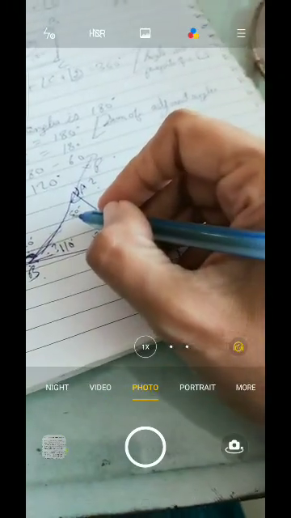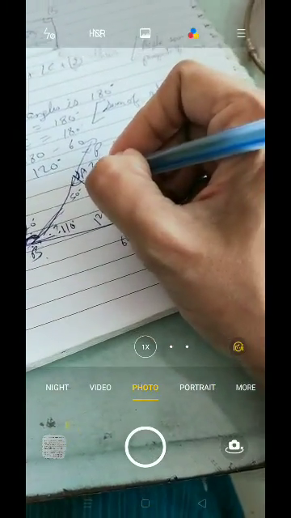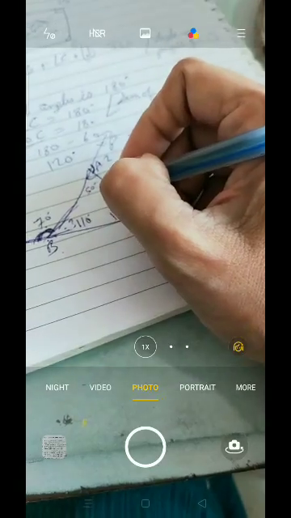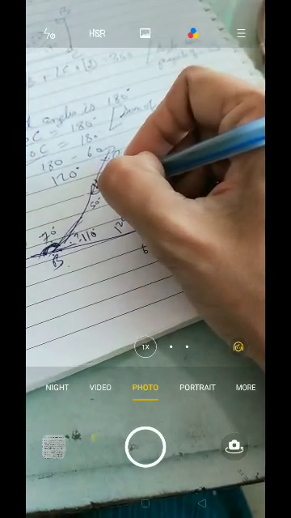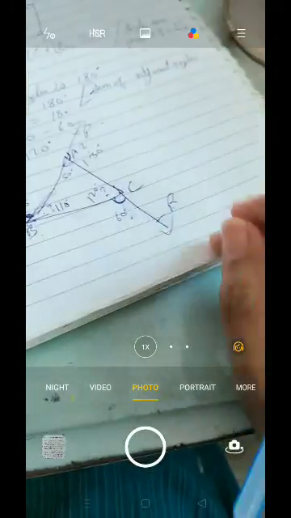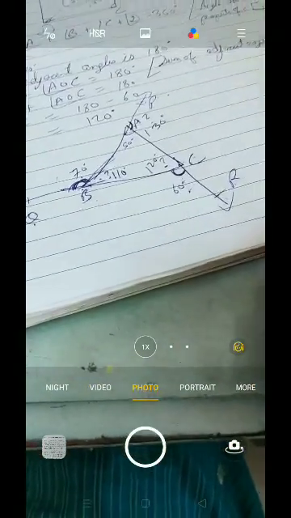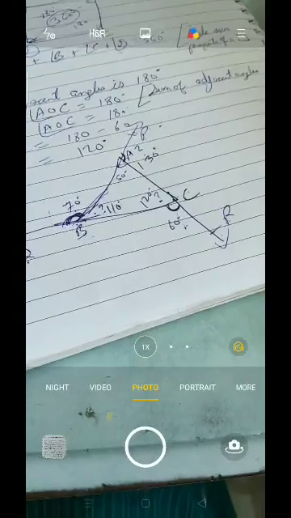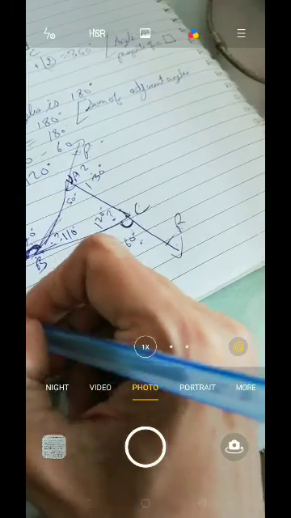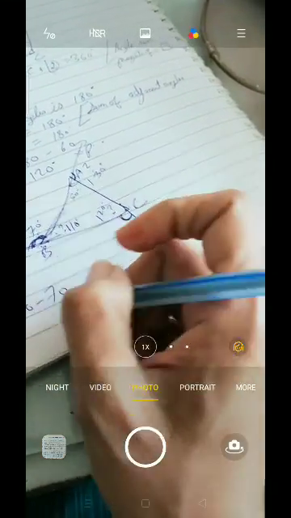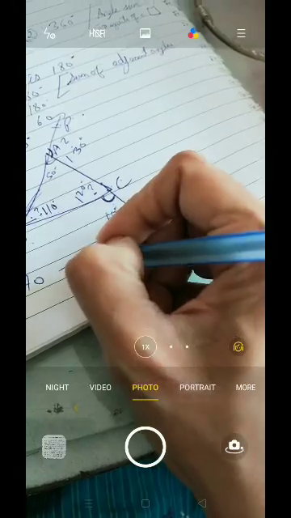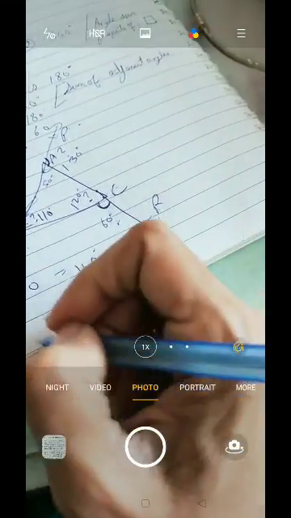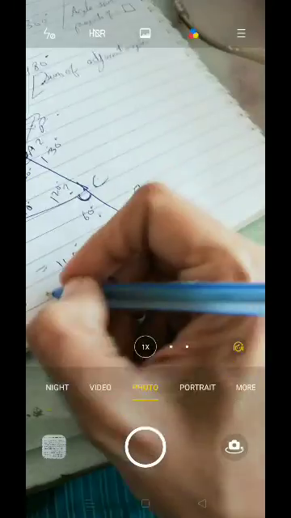Now one is given 50. Can you find the other? Again 180 minus 50. That will be 130. Clear how to find? So if your adjacent angles are given and one of the measurements is given, you can easily find the other measurements. So what we did over here, if we just want to write down, we can just write down 180 minus 70. If you want, you can write out the angles also. That is 110. Same way, 180 minus 60, that is 120.